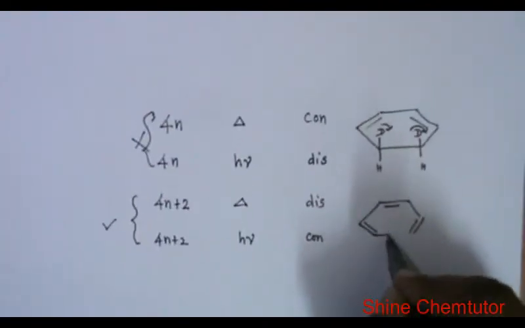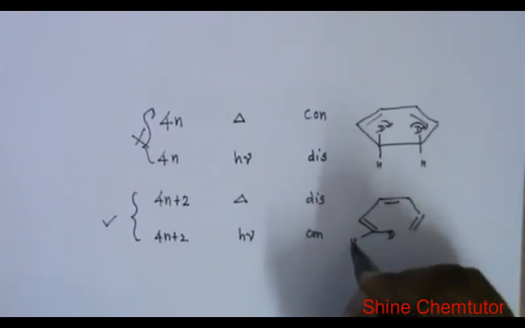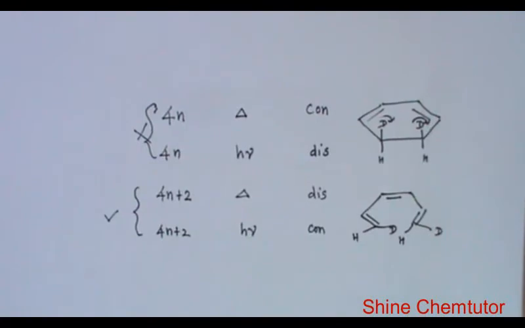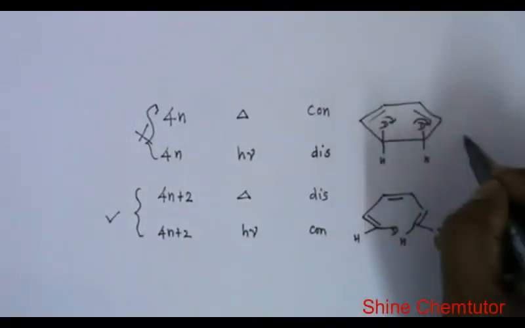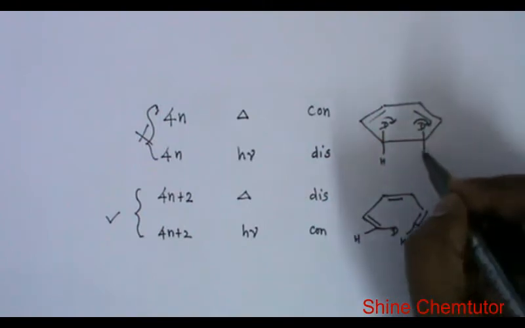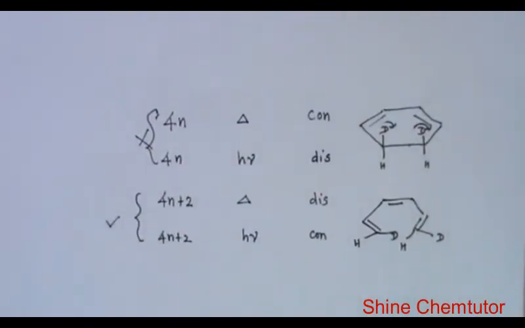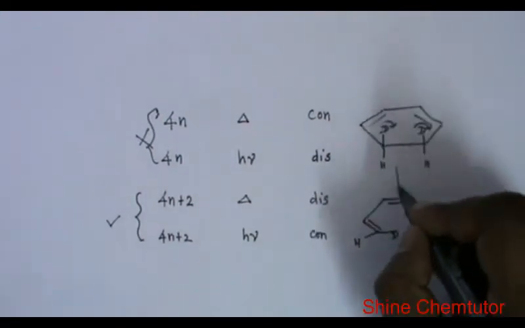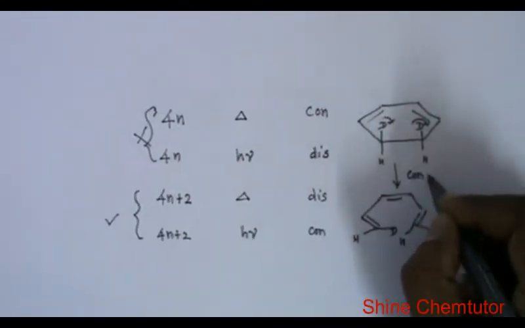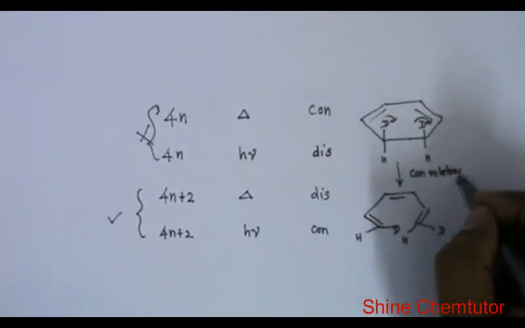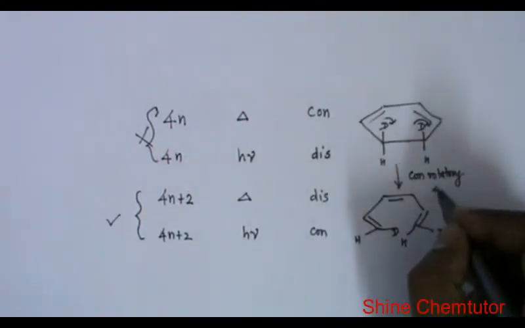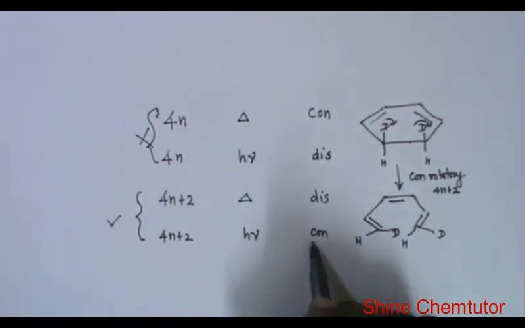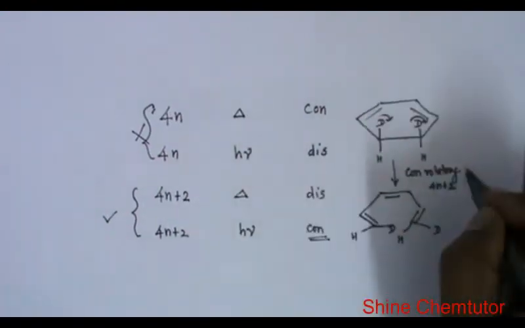The deuterium will come this side, hydrogen will be here. Similarly, this side deuterium will be here and hydrogen will be here. So I have rotated this. When I rotate by 90 degrees, deuterium will come this side, hydrogen will go here. That is what I have written. This is the first product given in the question. So what I have done is, I have gone for con-rotation. And it is 4n system. Sorry, it is 4n plus 2 system. So 4n plus 2 system, con-rotatory, that means the condition should be photochemical.